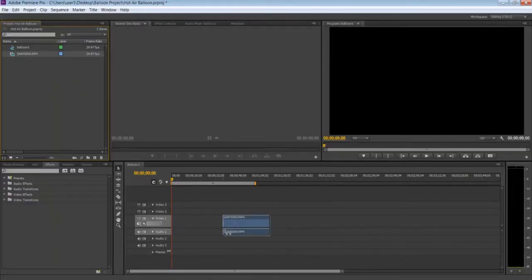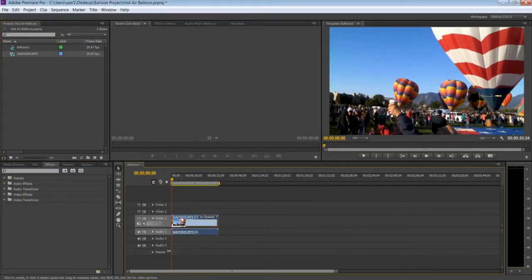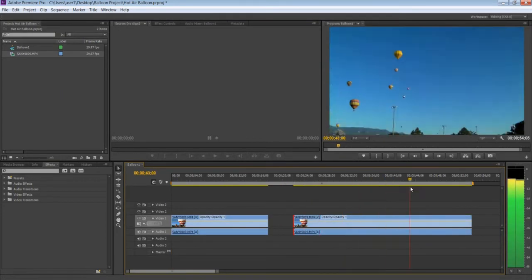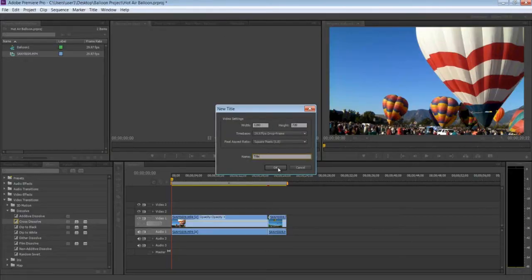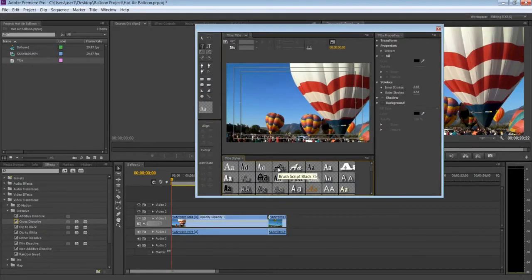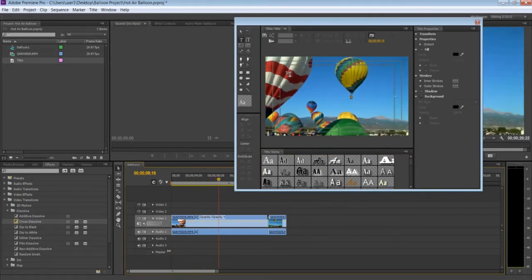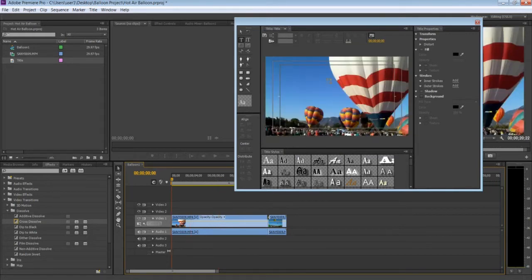So, what's Adobe Premiere Pro? Well, it's part of the Adobe Creation Suite, which is Photoshop and Illustrator and InDesign and all those great programs you might have worked with. And it's just a more sophisticated editing program than you might be used to. So, your iMovies or your Windows Movie Maker, those are sort of the low-end ones. They give you some stuff that you can do, but this gives you lots more advanced features than those more consumer-level products. So, it's going to give you stuff like advanced editing, more advanced titles, things like that, color correcting